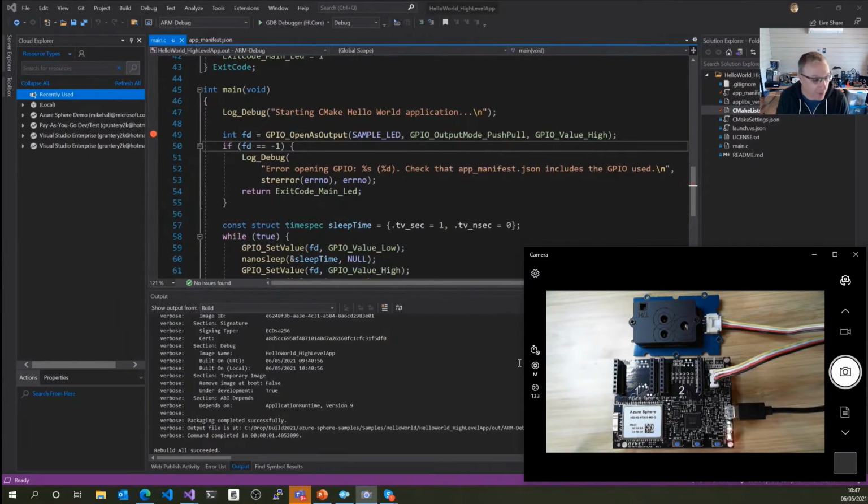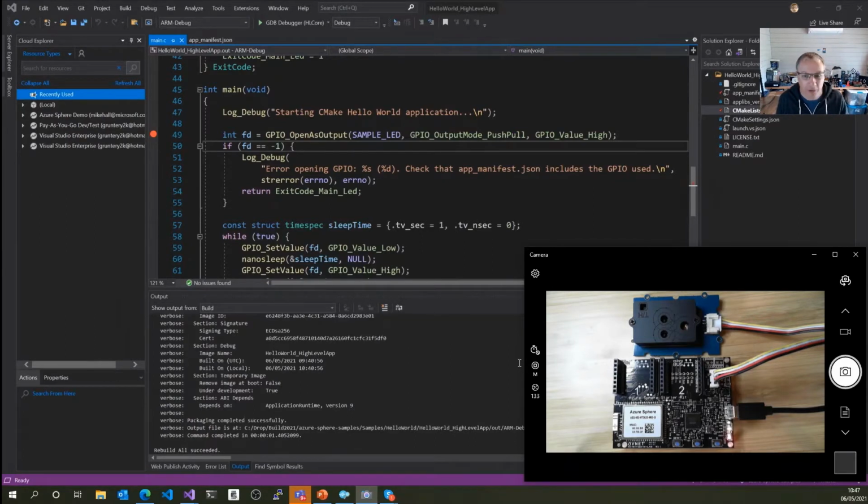Sure. Yes, of course. One of the things I just mentioned was that the devices you're building, IoT devices, are typically fixed function. The hardware you're using is known up front. The capabilities of the system and the endpoints you're going to be talking to in the cloud are all known up front. So what I've got here is a sample application that comes from the Azure Sphere samples GitHub repo,